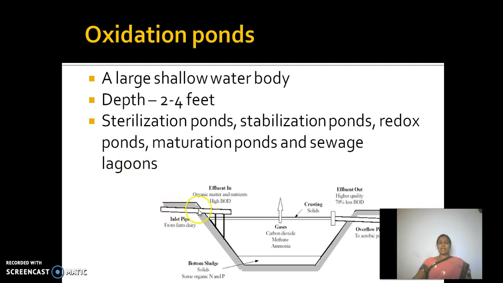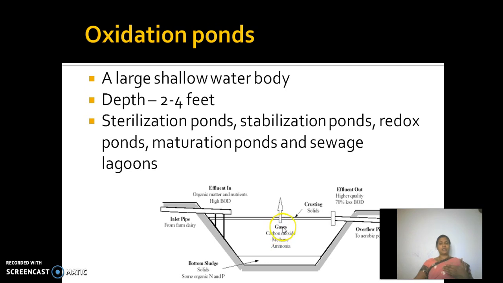So here is the diagrammatic representation of the oxidation pond. Here you have something called an inlet pipe. The sewage water from various industries, after the primary and the secondary treatment, is introduced into the oxidation pond. You can have one inlet or even multiple pipes or multiple sites for the entry of sewage water. So once it comes into the oxidation pond, the wind action on the surface of the water causes the aeration of sewage water in the oxidation pond,